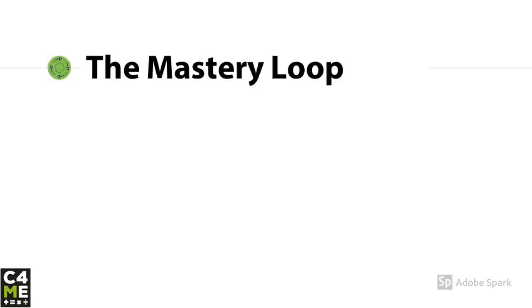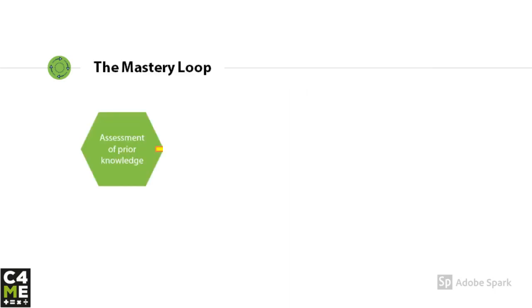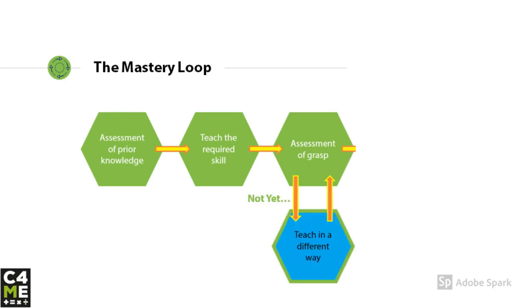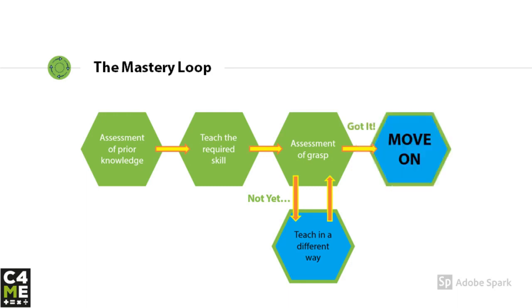We also looked into how Morrison's formula for mastery could be used in the resit classroom. Starting with assessment of prior knowledge, then teaching or instruction to fill the gap, then assessment of the grasp of knowledge of that skill. And if the student hasn't grasped that knowledge, teach it in a different way, look for those multiple representations. This links to the National Centre's 5 Big Ideas. And then once the student has got grasp of that topic, then we can move on.